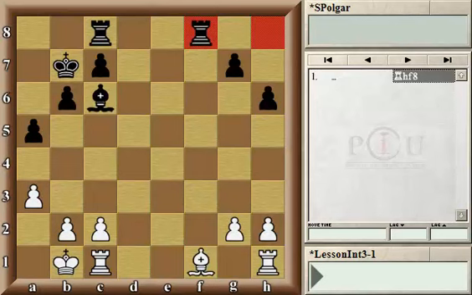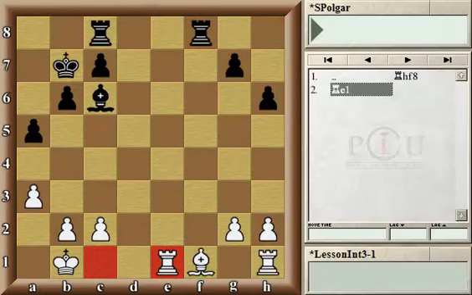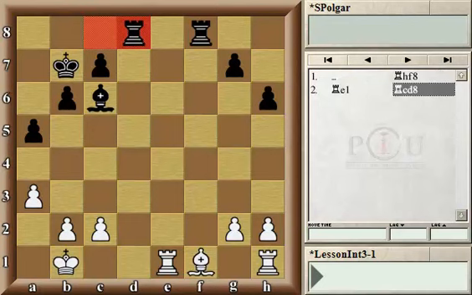White is not in the position to put one of his rooks on that file, obviously, because the bishop is still on f1. But White can try to take control of another open file, the e file. But Black has a second rook ready to occupy another open file. In fact,